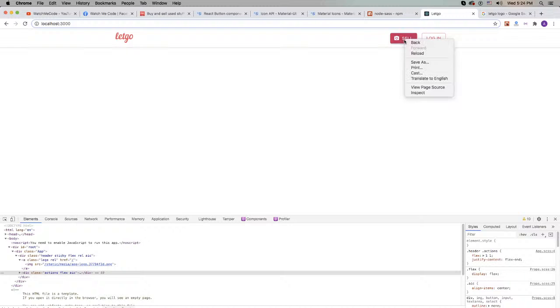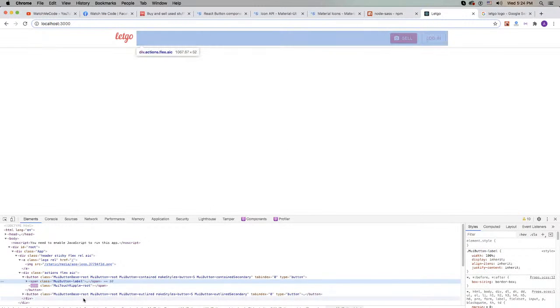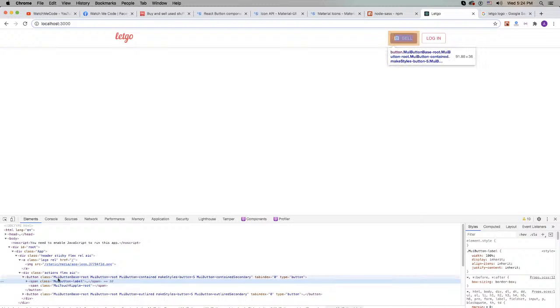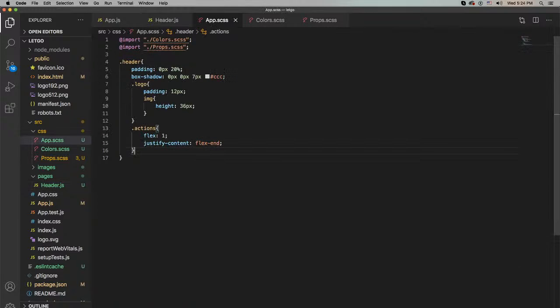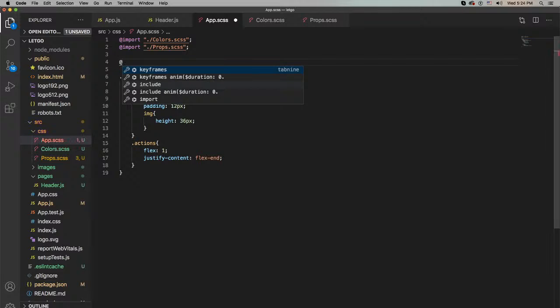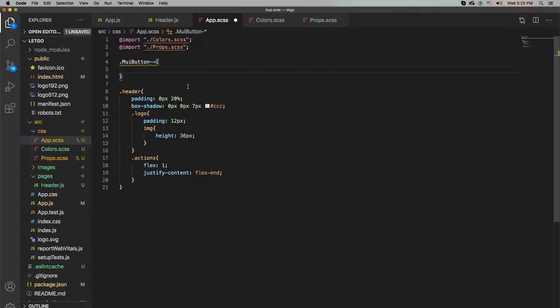Now we need to change. If we click button and we have MUI button, sorry, and we should add global CSS for dot MUI button. Sorry, it is actually MUI button dash star, and we will use